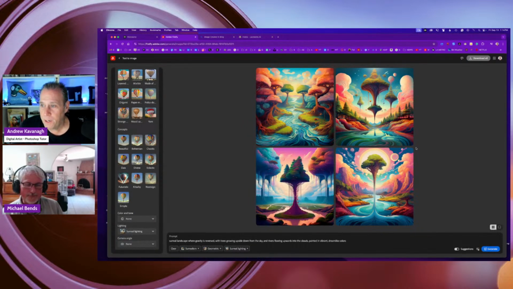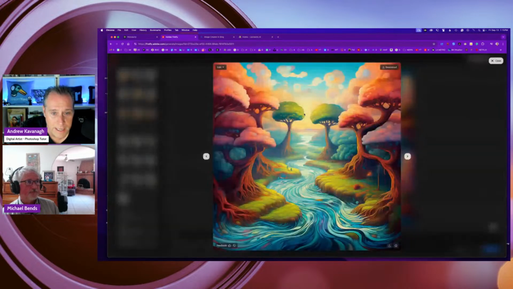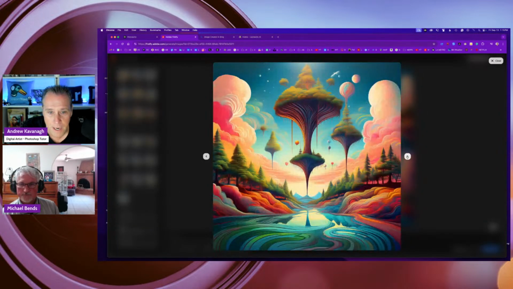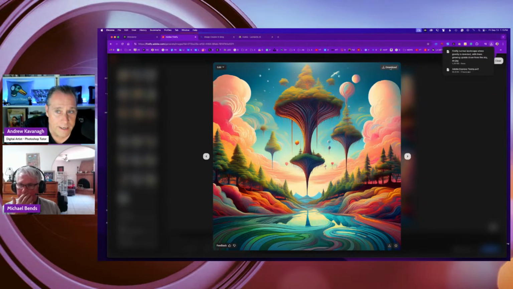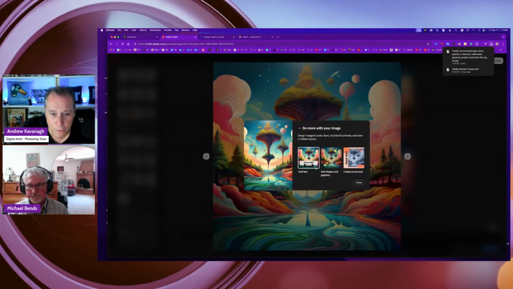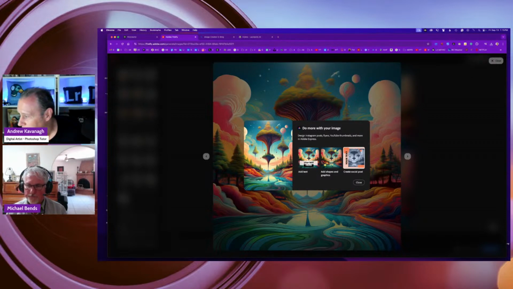Now, the one thing to be aware of that's very important when you're working with Adobe Firefly, and probably also good to be aware of when you work with any of the other ones. Once you've created a series of 4 like this, if you like them, you can see a bigger version by clicking on them, and then you can just hit the right arrow. And so say I like this one, you would go to the top right to download. And then they're also letting you know that you can bring it into Adobe Express.